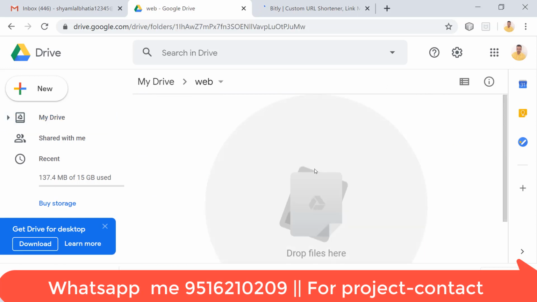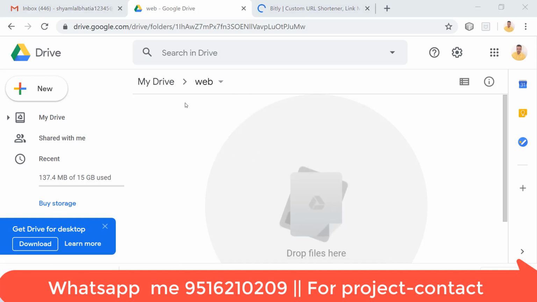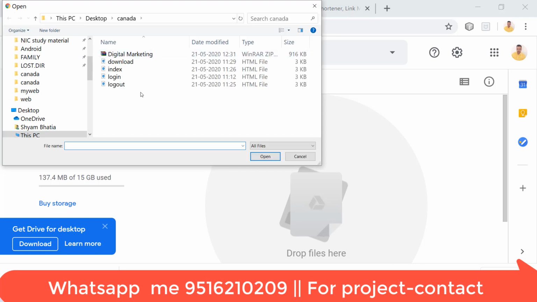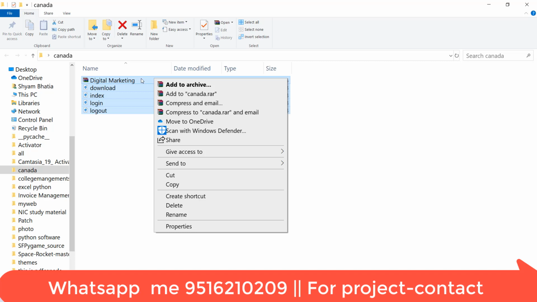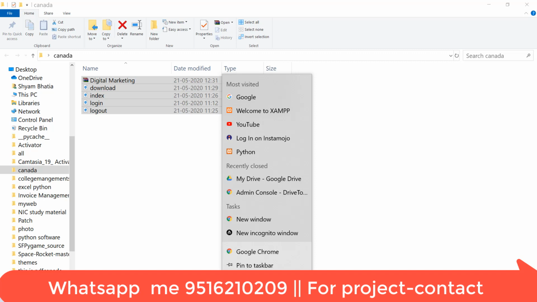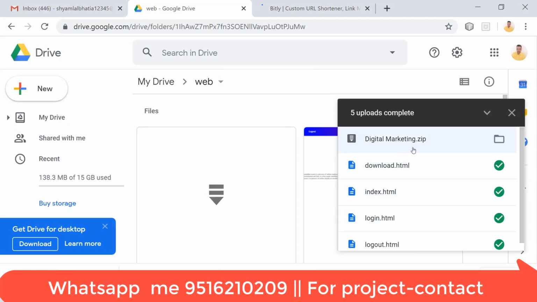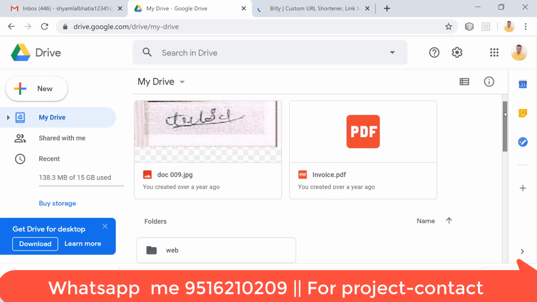Just double click it and drag and drop all files, the files you want to host on that web space, that is Google Drive. You can also simply right click and upload files, select them all and open. Otherwise you can just select and drag and drop. I am uploading here, and I think it has already uploaded. So in both ways you can do it. Just go to the web folder below,